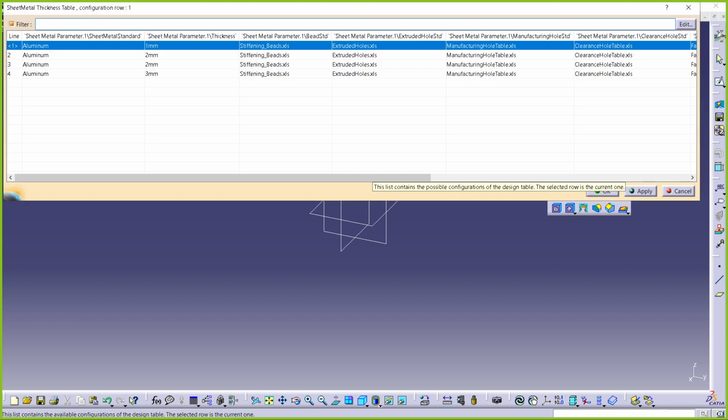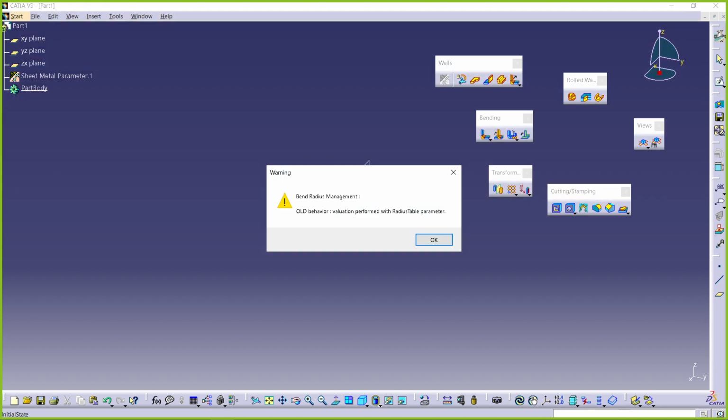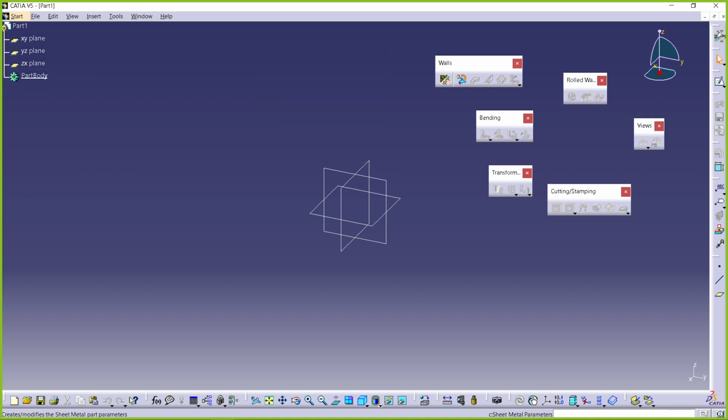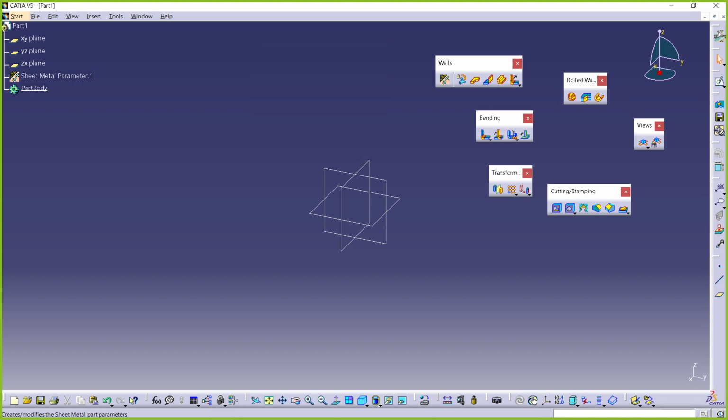Let me change the thickness to 2. Click OK, and you can see the bend radius is already taken as 2. If you don't want to use your standard, you can go with your own dimension. Let me go with thickness 2, bend radius 4. Click OK. Now you can see after setting this sheet metal parameters,